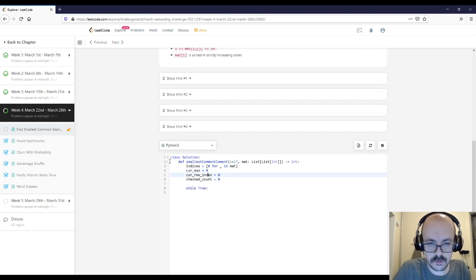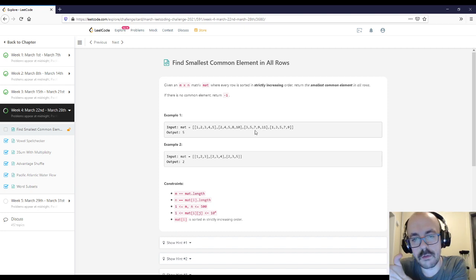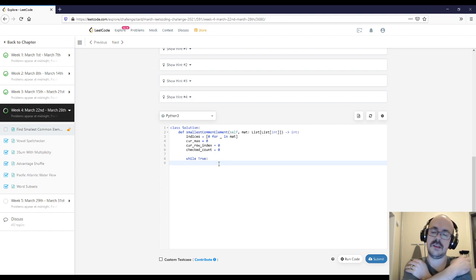So cur max is 0. And there's actually even a faster algorithm, I think, potentially, if you use a binary search to figure out where to jump to, rather than just jumping forward one index at a time. But I think one index at a time is going to be accepted, so I'm just going to stick with that. Yeah, so while true,